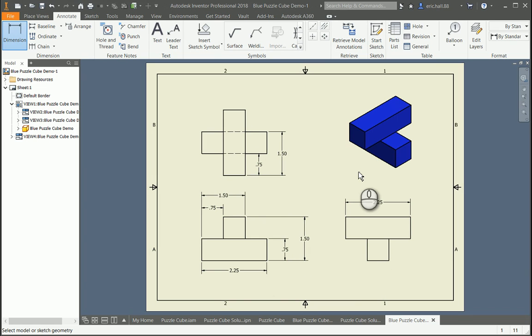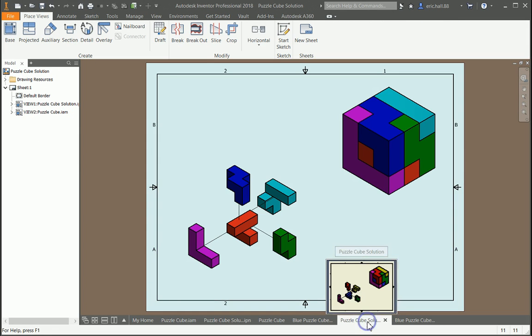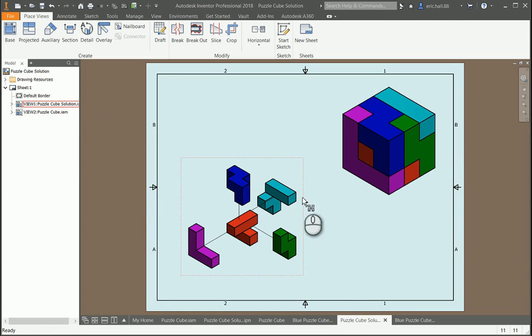After you're done with this, you would create your final 4 parts, plus creating this one right here showing the final solution, along with the completed cube, both as isometrics. And that will be the end of